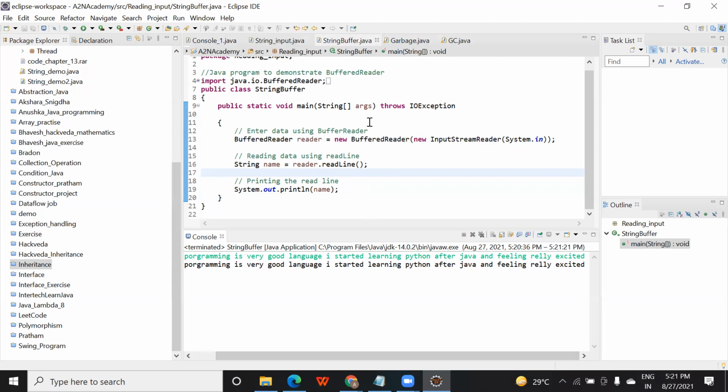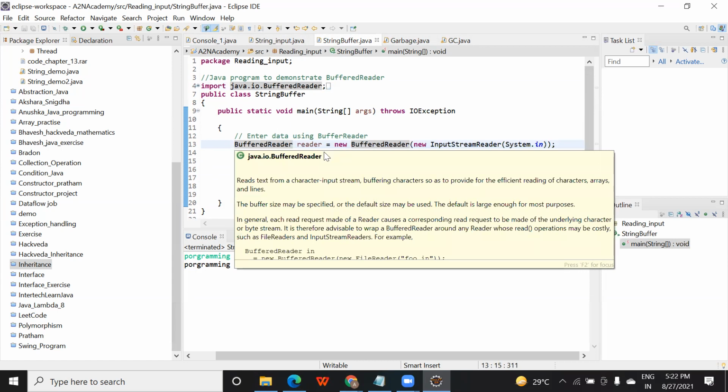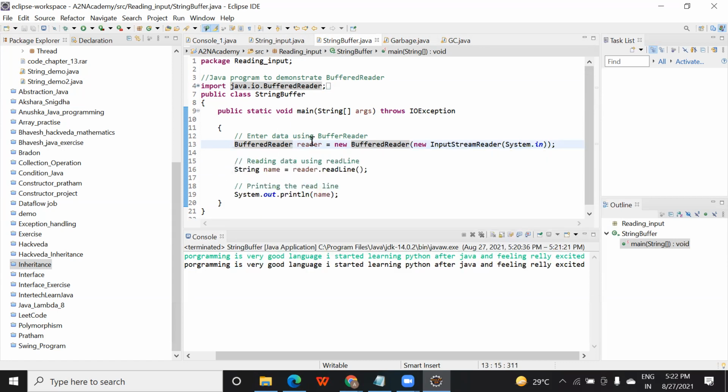So if they ask you this question, you should have an idea which function we use to read a complete line. It is read line, and for this read line, what library do you need to import? Buffer reader. Import java.io.BufferedReader. See, this is carefully written: the B is capital and the R is also capital. And what is the syntax of that?